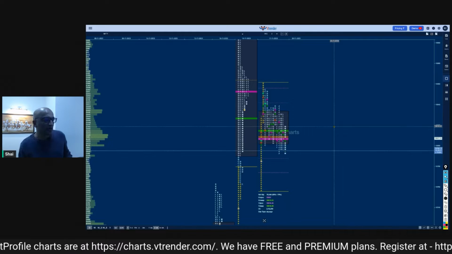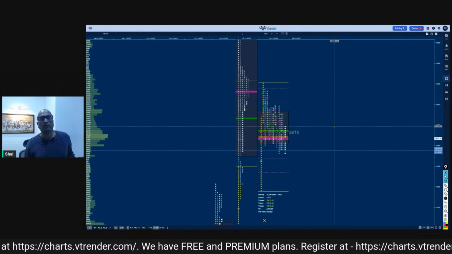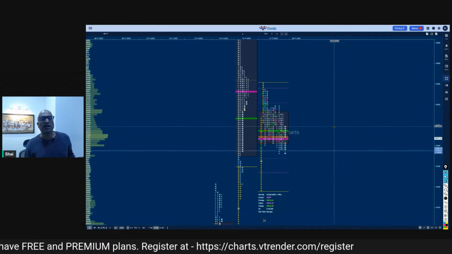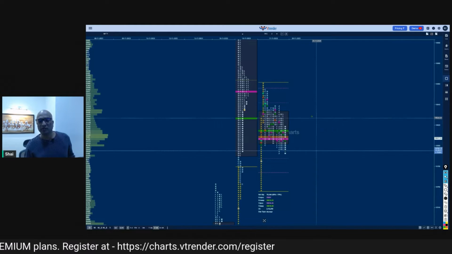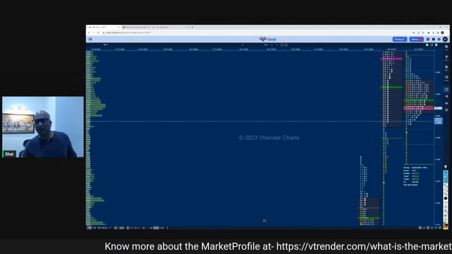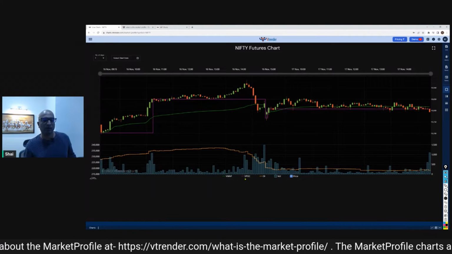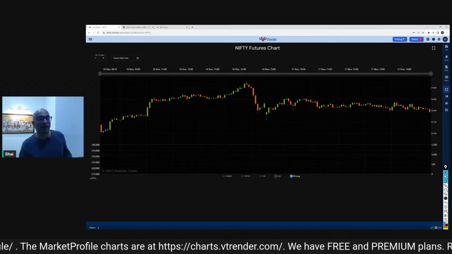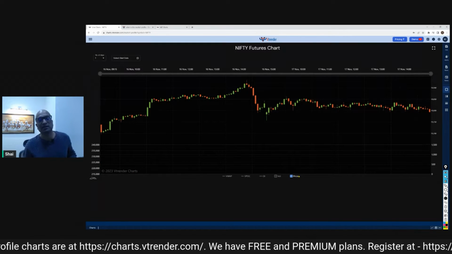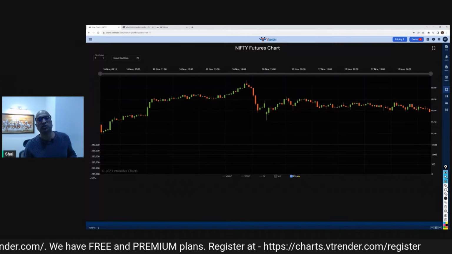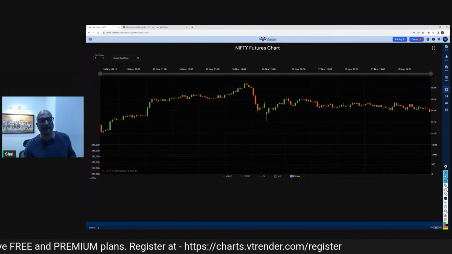So on your screens right now is a market profile chart. And we basically come in together to understand what this market profile chart is telling us. I'm back with the chart. So what we do is we work a lot out of candles in particular. In fact, let me keep the price back over there. This is our basic candlestick chart. And this has always given us information about what the market is intending to do.